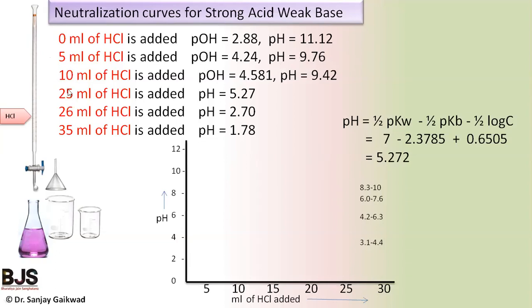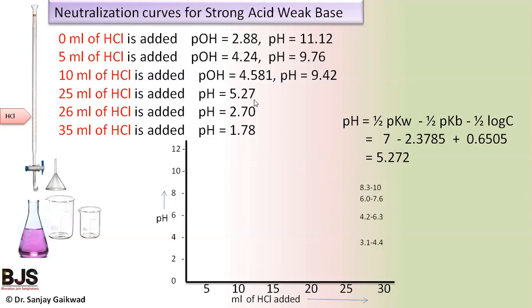When we add 10 ml of HCl from the burette, the pOH of the solution equals 4.58 and the pH of the solution equals 9.42. When we add an equivolume, that is 25 ml of HCl, to the 25 ml of ammonium hydroxide solution, it gets neutralized and the pH of the solution is nearly